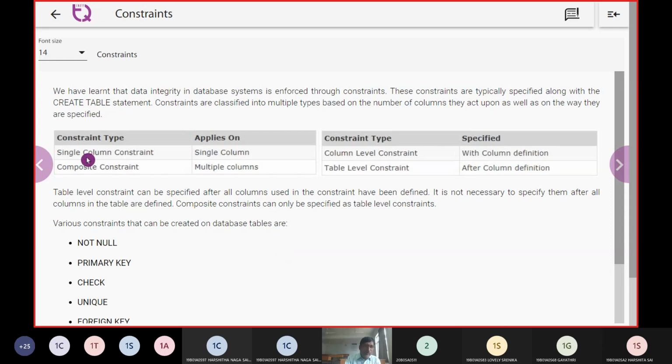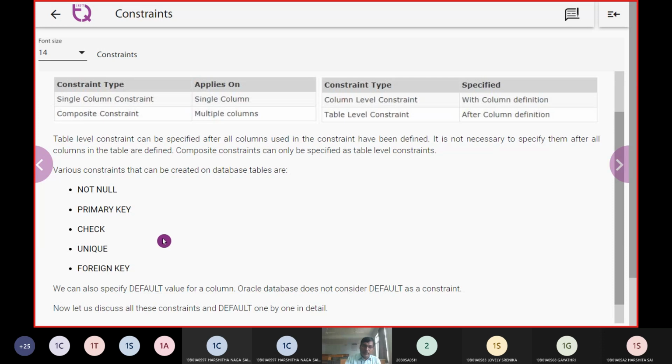We were talking about single column, composite column, column level constraint and table level constraint. If such is the case, how are these going to be implemented? These are going to be implemented with not null, primary key, check, unique, and foreign key.